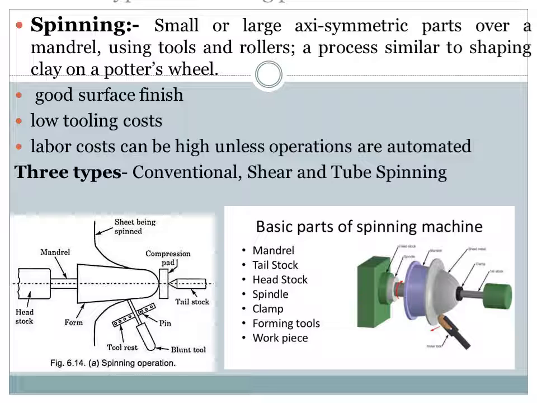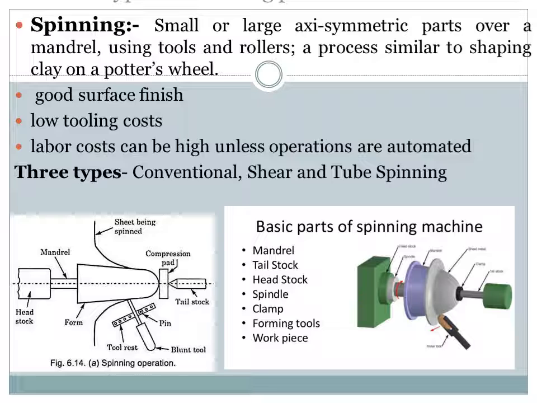Only thing, in a potter's wheel the shaping is done by the operator's hand, whereas in the case of spinning, the sheet metal is formed against a mandrel by a tool moved longitudinally from the right side towards the left over the mandrel, as shown in figure A. In the figure, the mandrel is fitted between the headstock and tailstock of a lathe, and the cutting tool is connected onto the carriage, and it is moved from the tailstock side towards the headstock side.